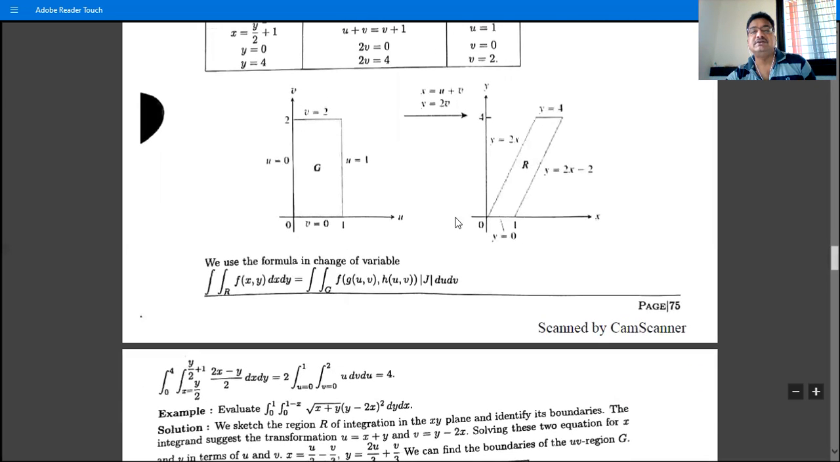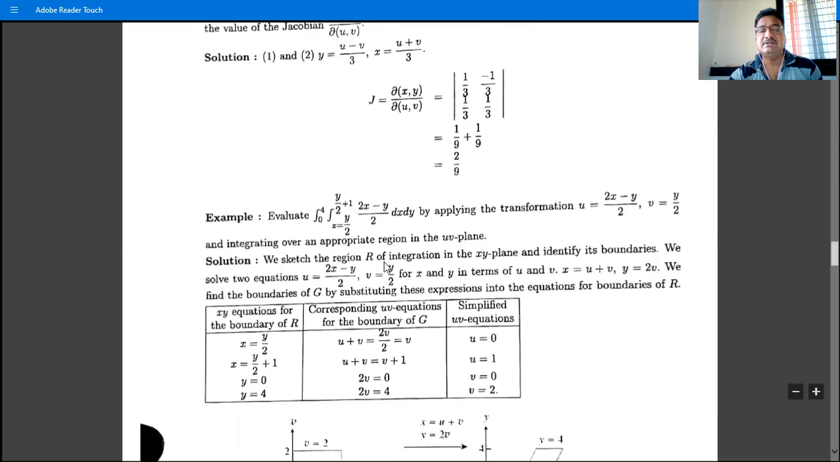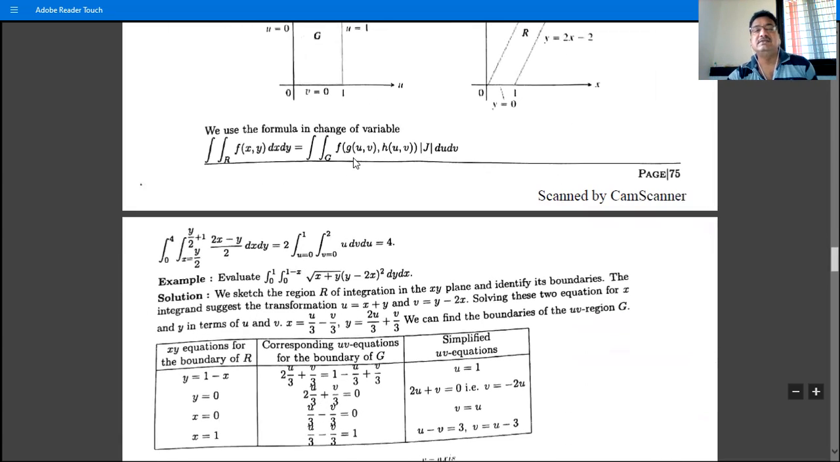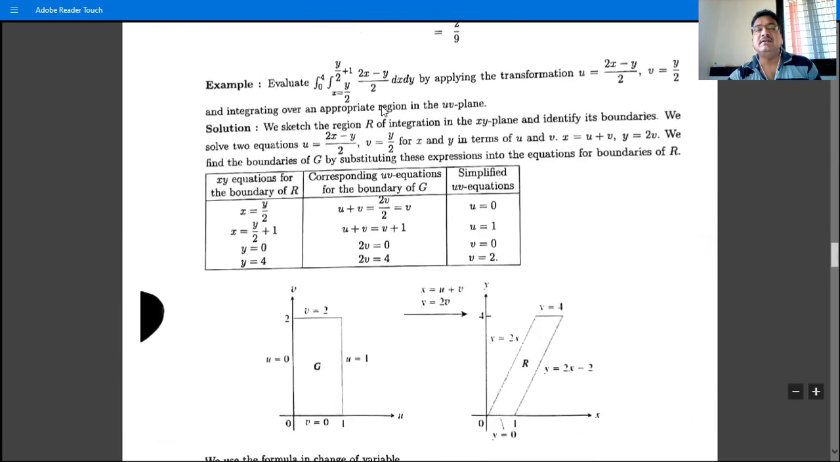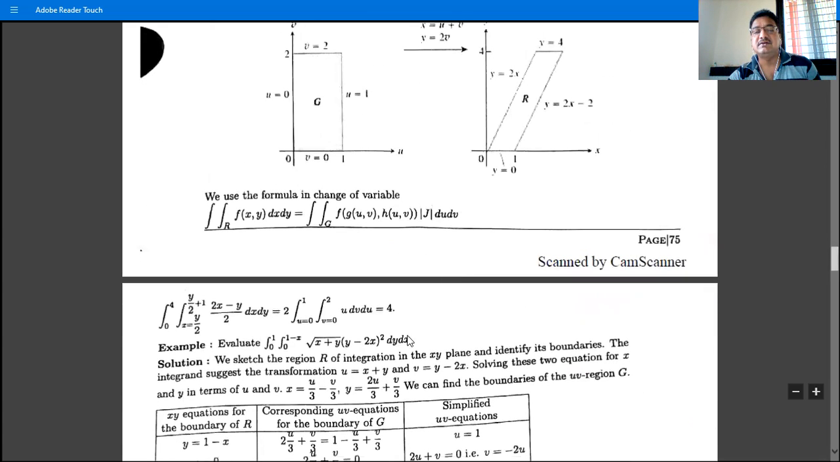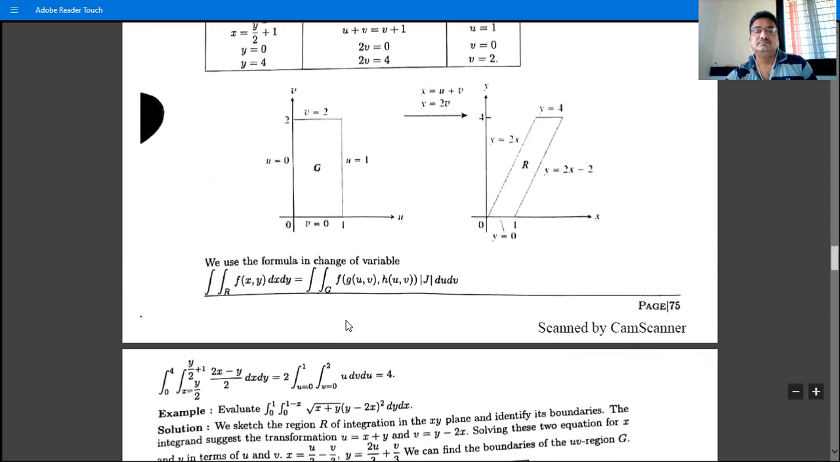So this is region G, and R is converted to G, and all these 4 lines are converted to these lines. Therefore the double integration over R is equal to this integration over G. Replace in the integrand x as u plus v and y as 2v. So simplify this, and we have the answer. If you substitute these values, then